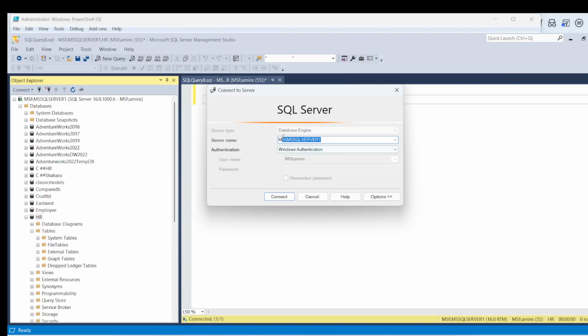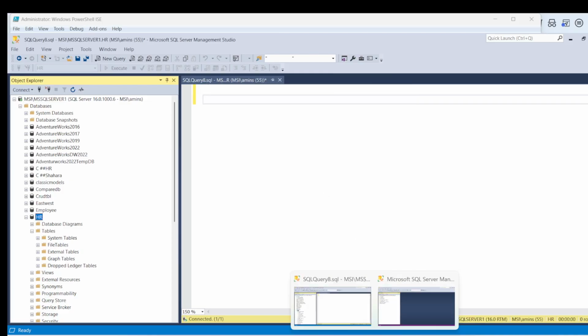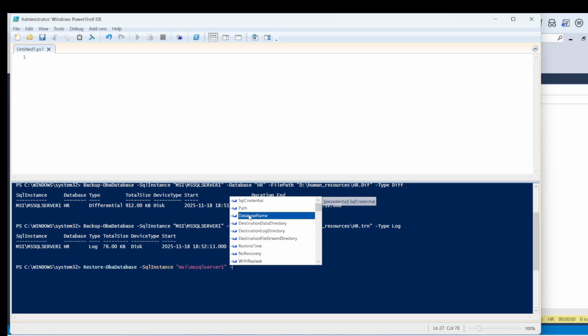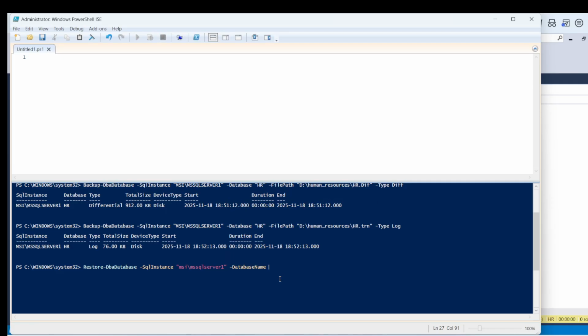Take the server name from here and select it here. It's already there because I have given the SQL Server name before. It has been taken from there. So now give the database name, that is HR,